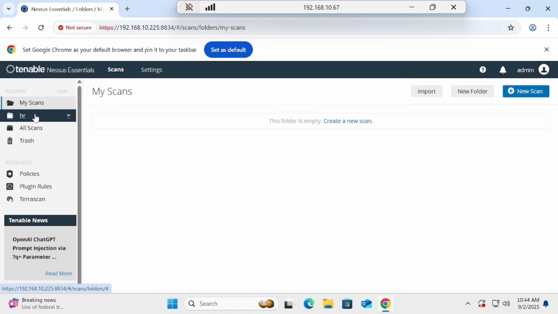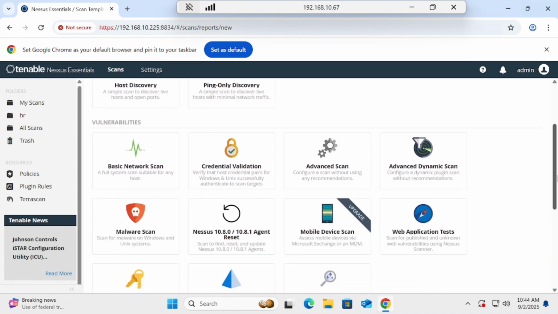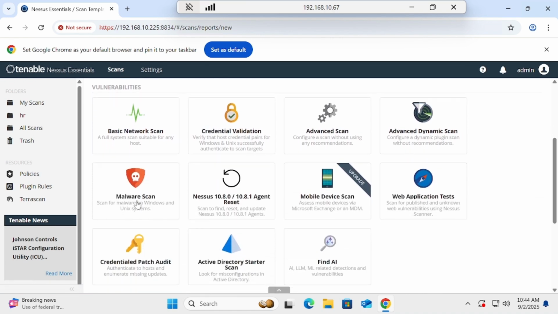Folder has been created, you can see that. Now I'm going for the new scan. Now I'm going for the basic network essential. Now you have a couple of options over here, you can test one by one. You have malware scan as well, and some of the options will require upgrade, but these options are more than sufficient for your